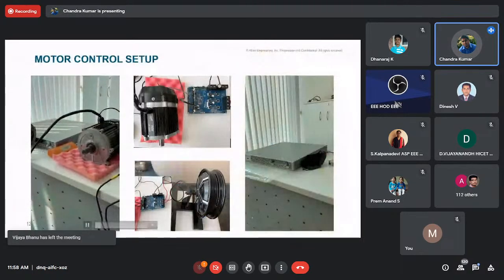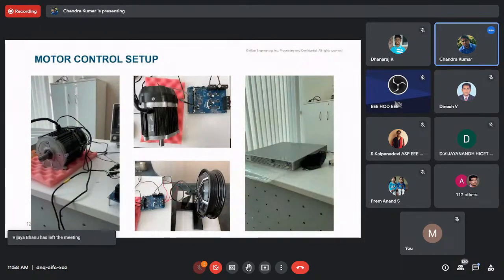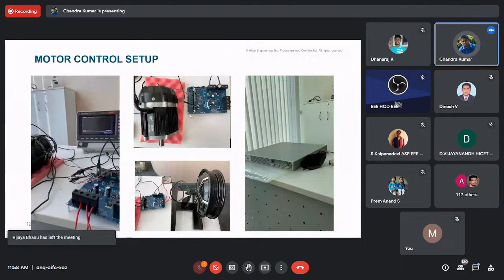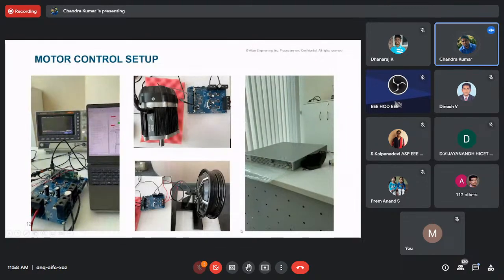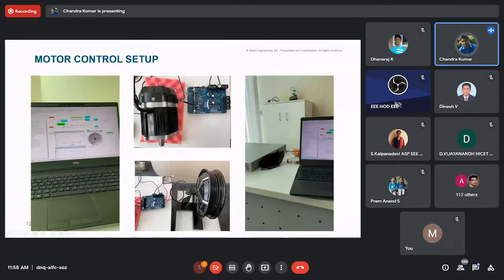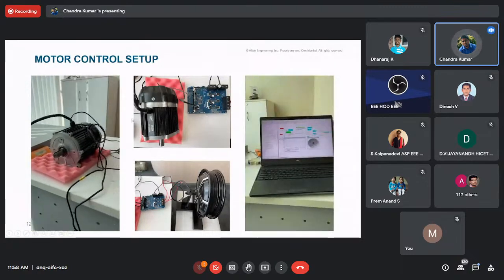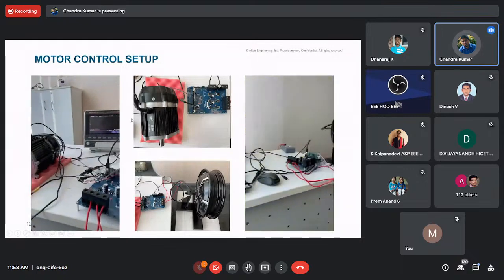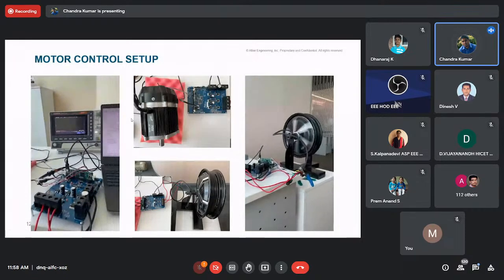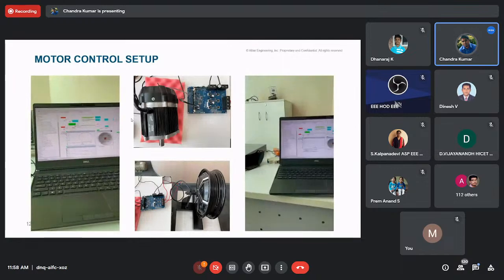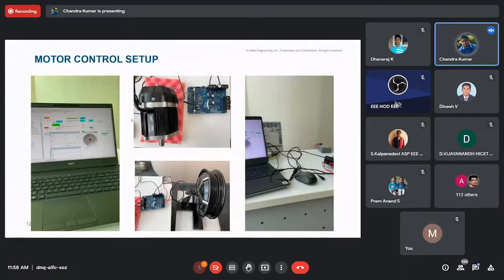And there's another lab we set up for motor control itself. You have an up wheel motor, and then you have the inverter controller card. So different ranges of motors, how we can help them in terms of setting up the lab. This is another one. So these are the different flavors we worked on and tested, so we can work in the same fashion. That is what I'm trying to indicate to you.